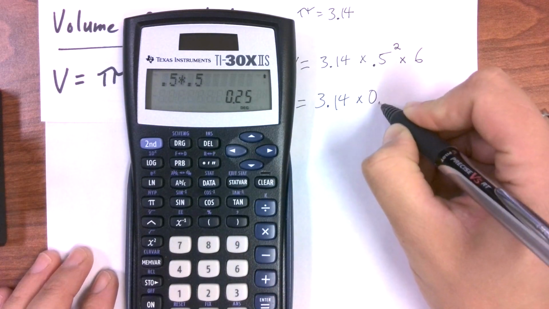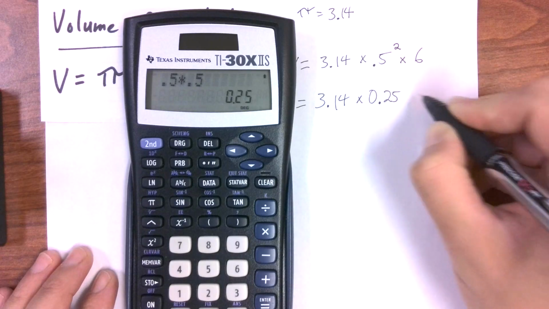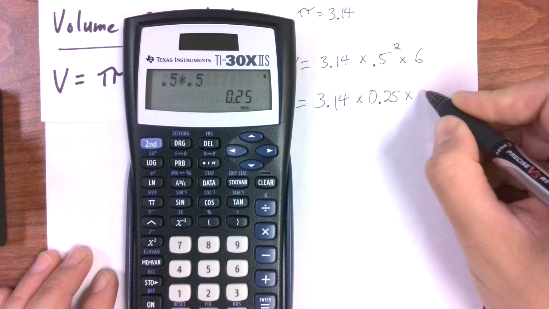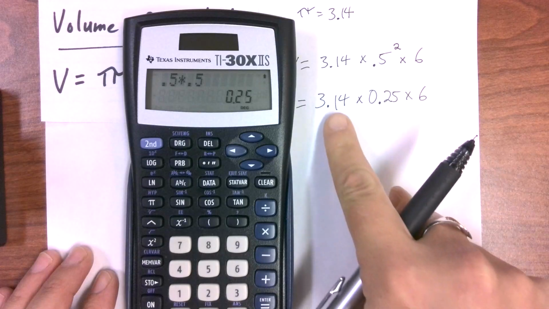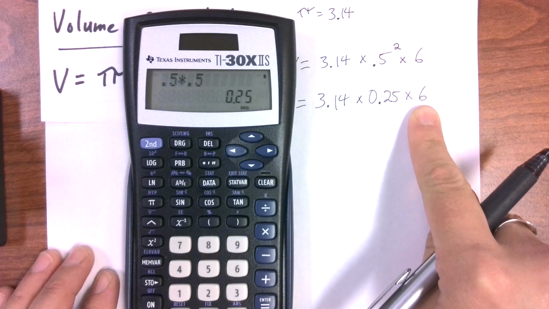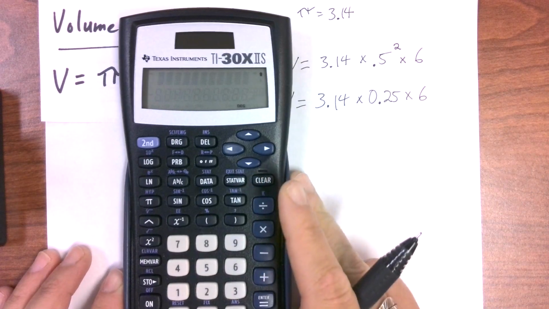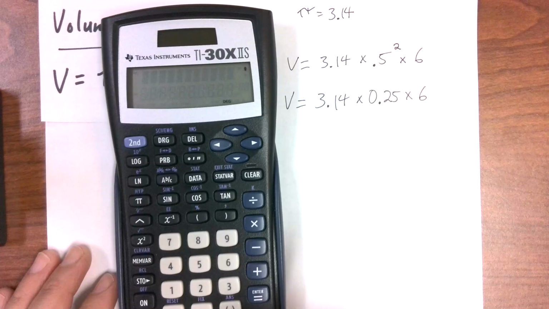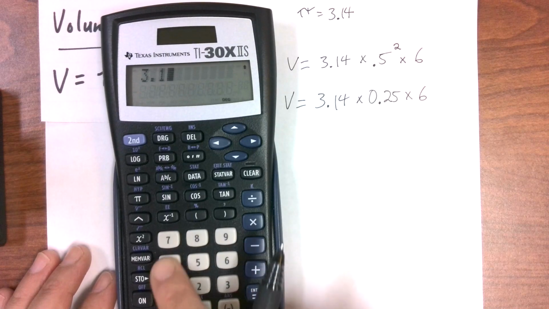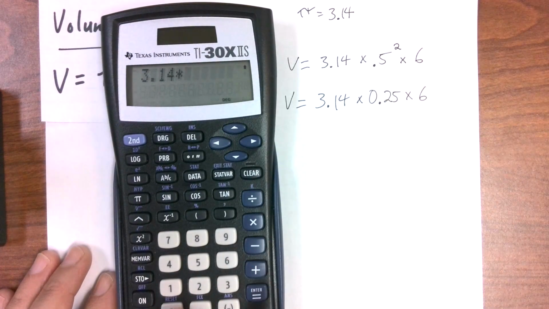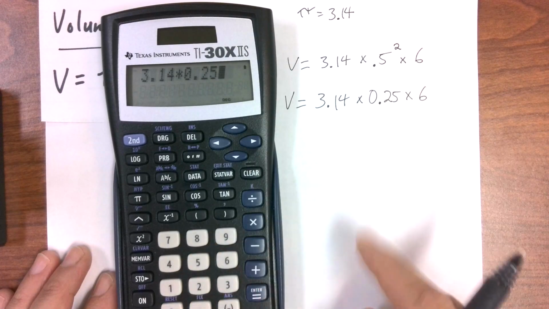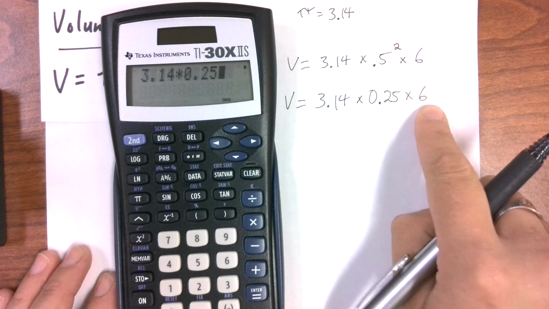This time we're not going to round it just yet. We're going to leave it 0.25 because we're not at our final answer. And we're just carrying everything else down, okay? Now, we've got something easy that I can plug into my calculator. So let's clear it out and put that in. So again, I could use the pi button, but I'm just going to stick to 3.14 times 0.25, times 6